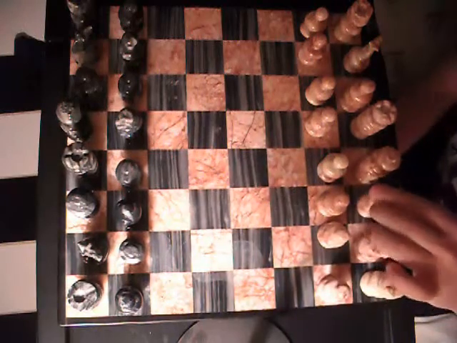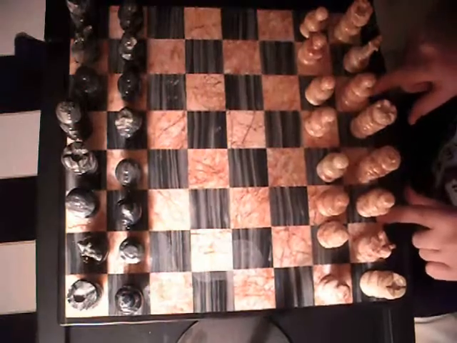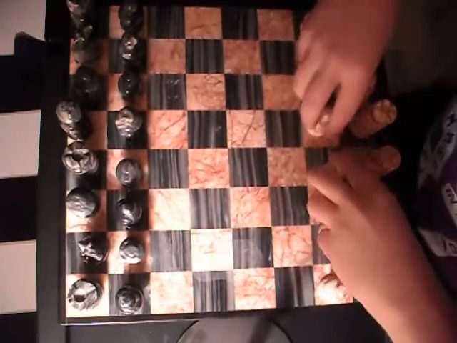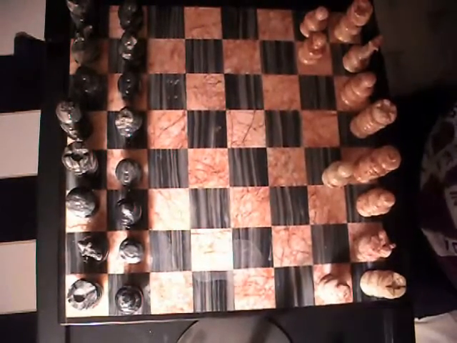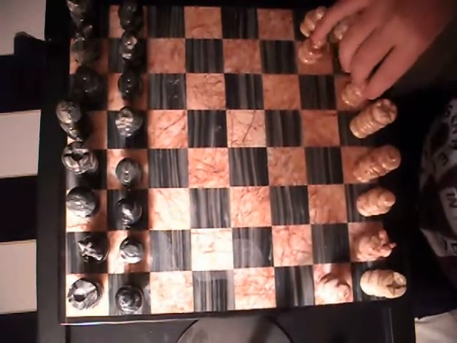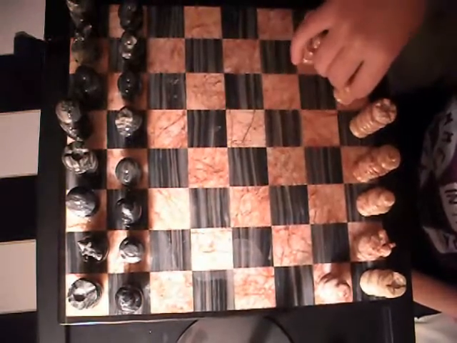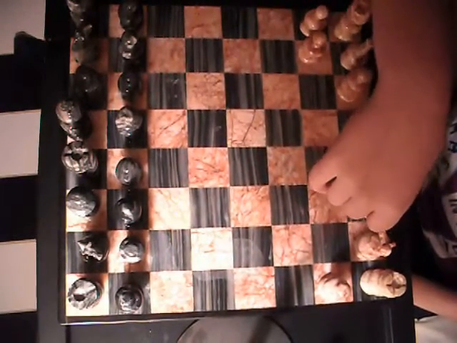Bishops. We have bishops on 2 different colors. We have them on black color and on white color. They can also move like this. They can only move on their own color. For example, the white bishop can only move diagonally on the white color, and the black bishop can only move